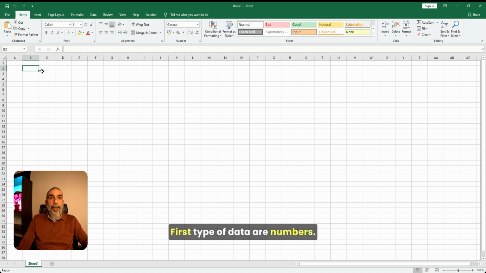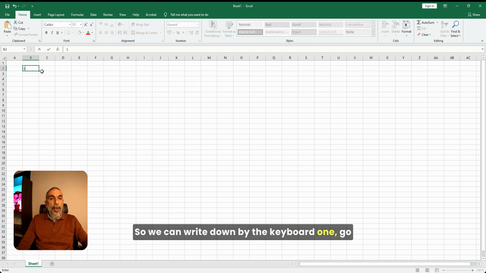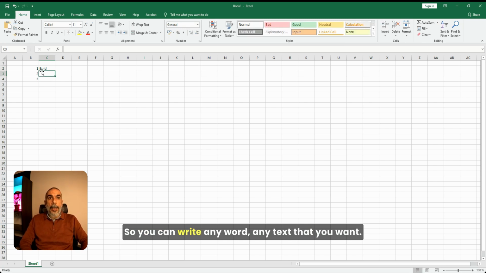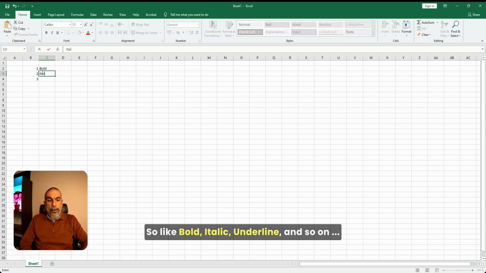First type of data are numbers. So we can write down by the keyboard 1, go down and write 2 and 3 and so on. Another type of data that you can write is text. So you can write any word, any text that you want. So like bold, italic, underline,